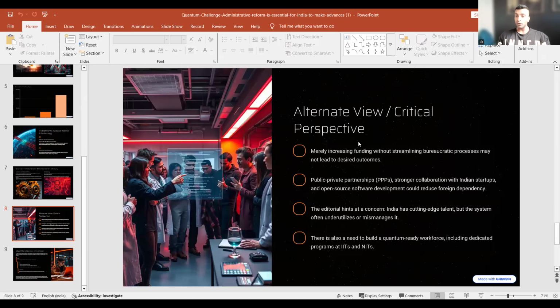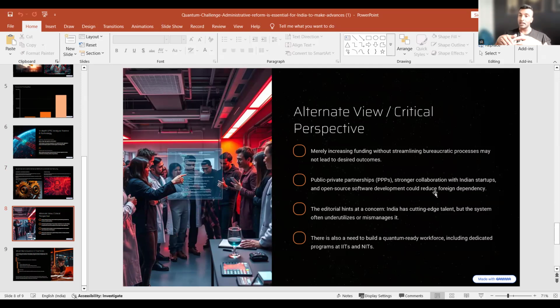Now, the critical perspective also you can give if they ask a question related to this in mains. In case it is an analyze question, then you need to write both the sides. So critical analysis also, you need to write both the sides. You can say that merely increasing the funding without streamlining bureaucratic processes may not lead to the desired outcomes. So if you are doing something, it has to be on both the ends. And then public-private partnership, stronger collaboration with Indian startups and open source software development, could reduce the foreign